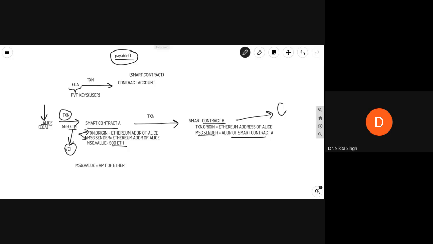So let us create a function and we'll call it balance of. Then we use the keywords external view. It will return what? It will return the Ether that is stored. So it will have a return type of uint because our Ethereum values or Wei values are integer values.